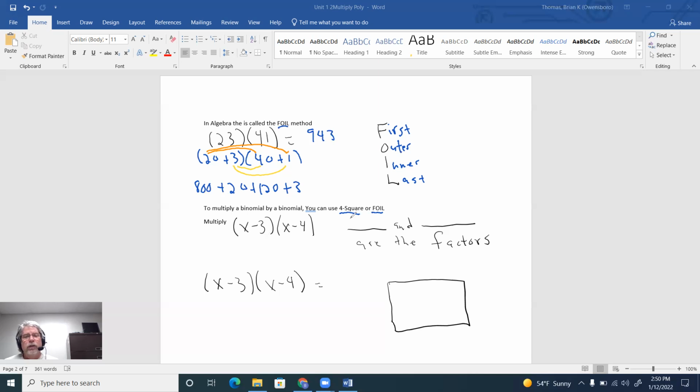So notice how x minus 3 is one of the factors and x minus 4 is the other factor. Because remember, factors are connected by multiplication. And notice how it says a binomial by a binomial. So this binomial is one of the factors, and the second one, the x minus 4, is the second factor. So those are what we call our factors here. Now, to multiply a binomial times a binomial using Foursquare,